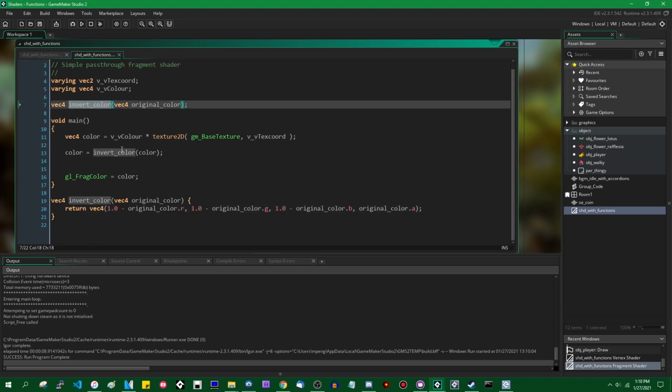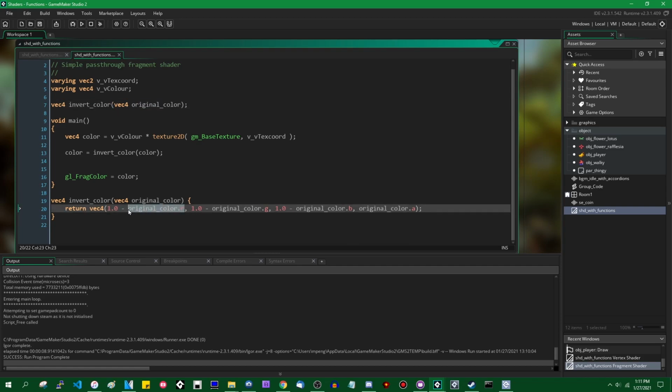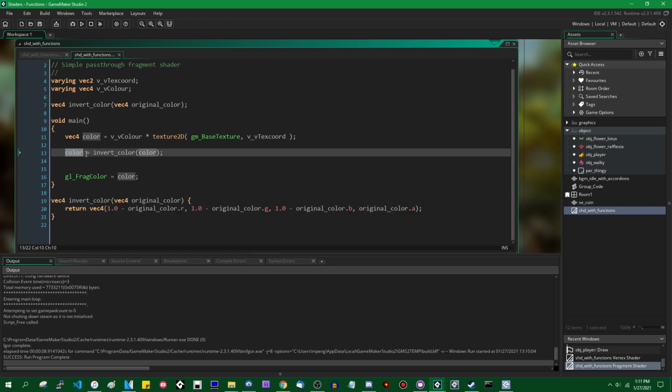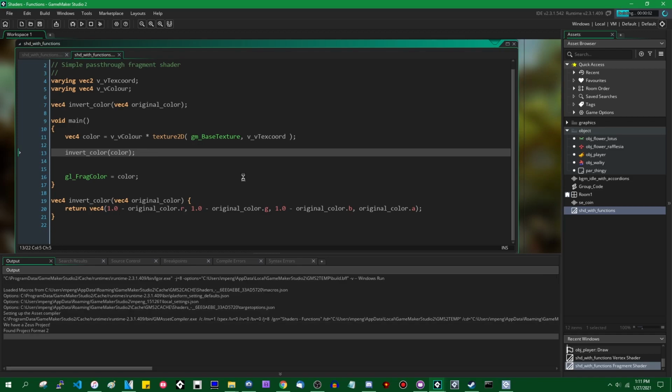Anyway, this function here returns a value. It doesn't actually do anything to the original color. Original color is kind of not important once it has its values checked and it does something with those values. The result of this calculation is returned as a new vec4 and assigned to the color variable, and it replaces whatever was already there. If you were to instead say something like invert color, the shader should let me compile